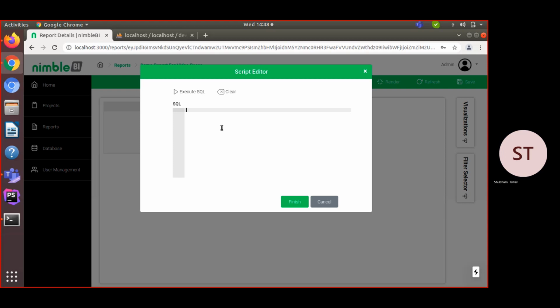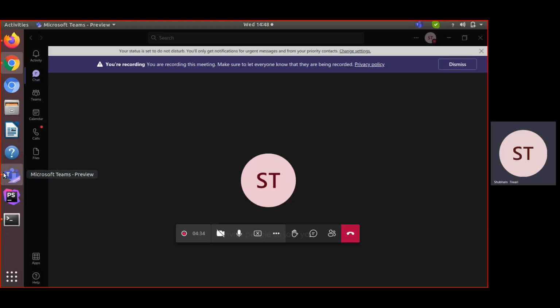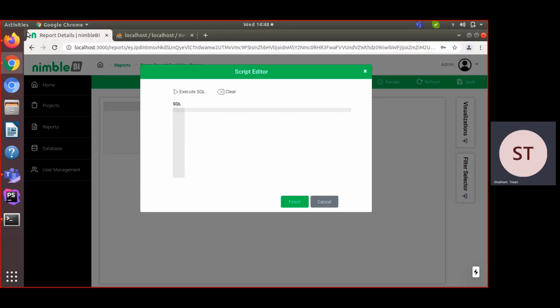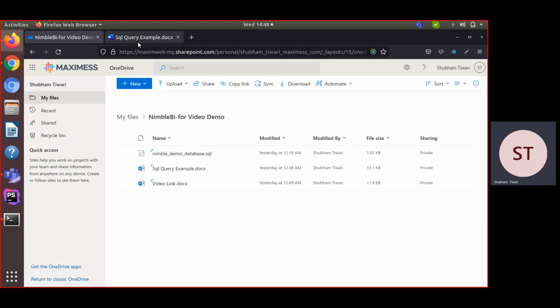Simply, you have to write a SQL query and click on the finish button. I already have my SQL query, so I am going to use it.